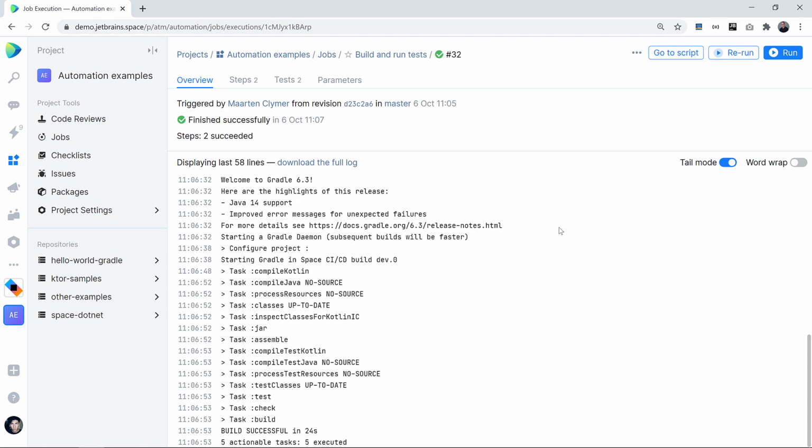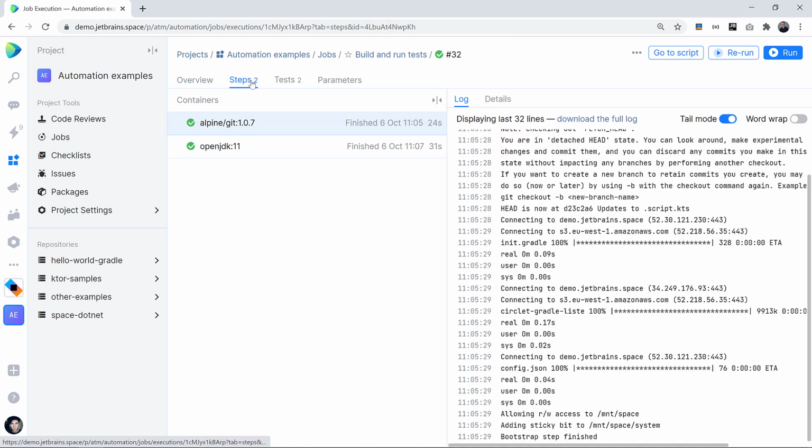By default, this will all be truncated to the last couple of lines from the log. But if you want, you can also download the full log and look at everything that happened as part of your automation job. You can also see all of the steps that are involved. For every build, there's always going to be 2 steps, even if you only define one in your